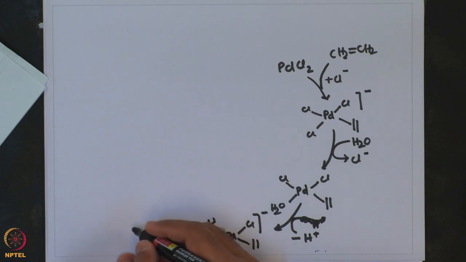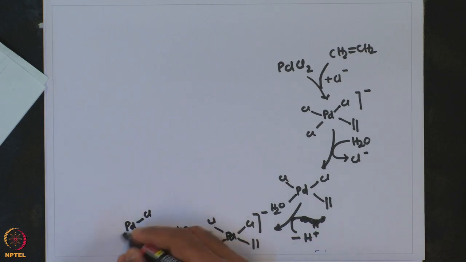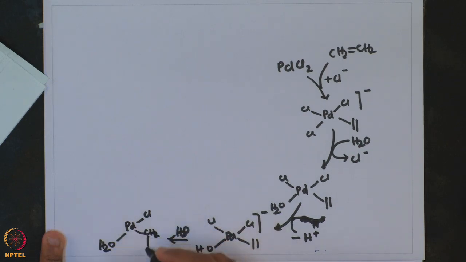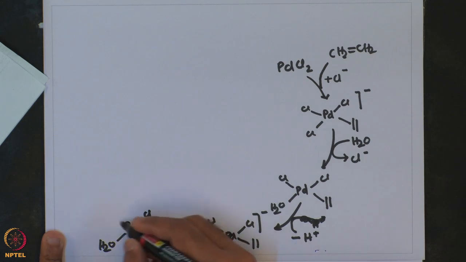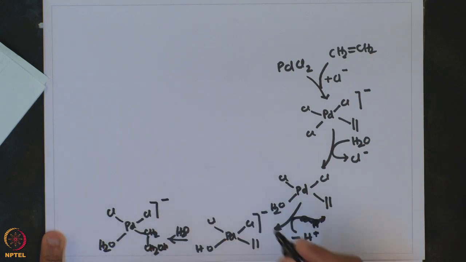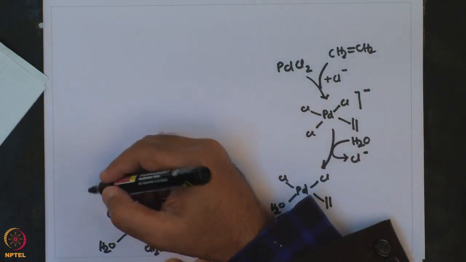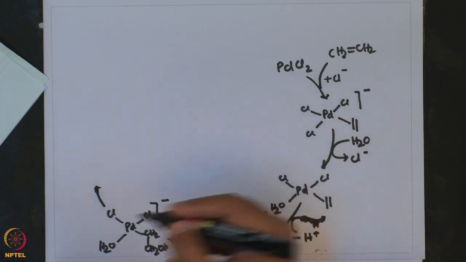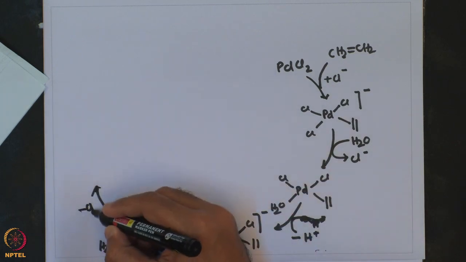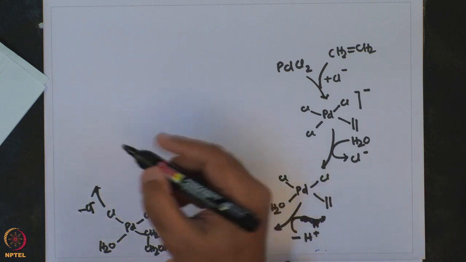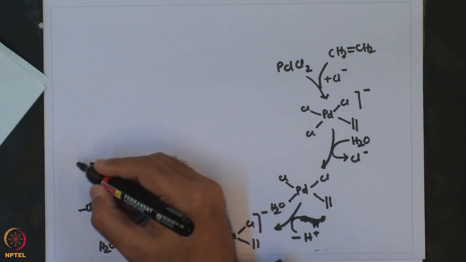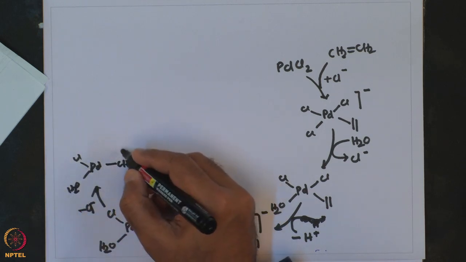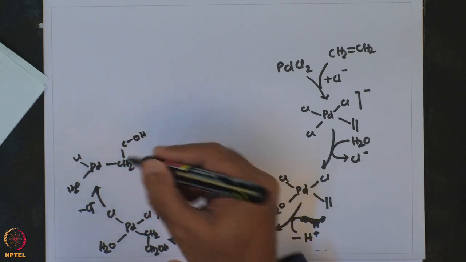So, this gives PdClOH2, CH2OH, Cl minus, and then this loses chlorine to give PdCl, ClOH2, CH2, COH,